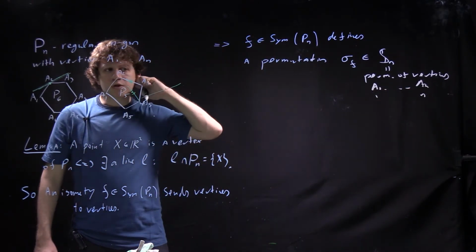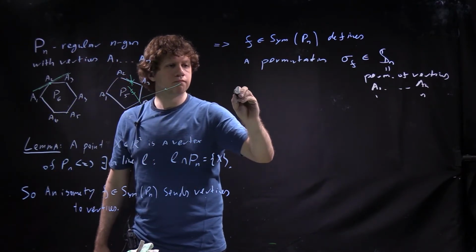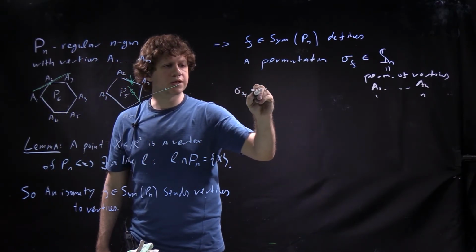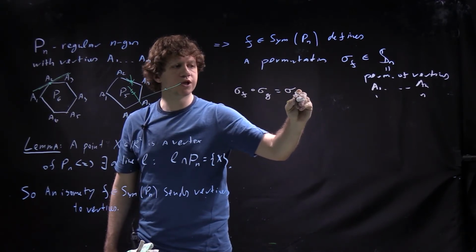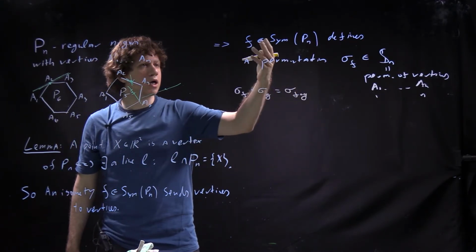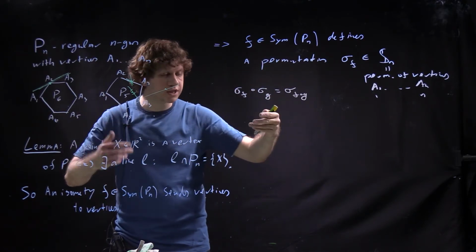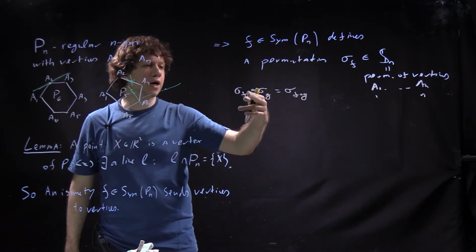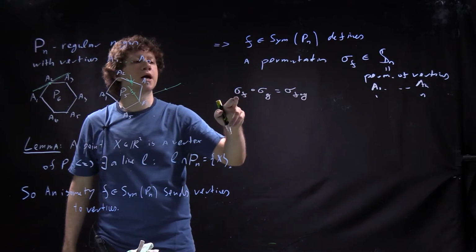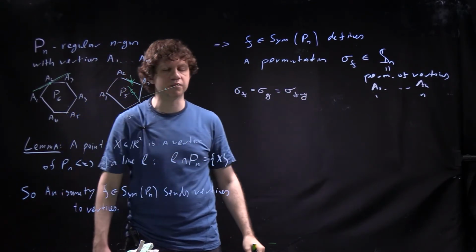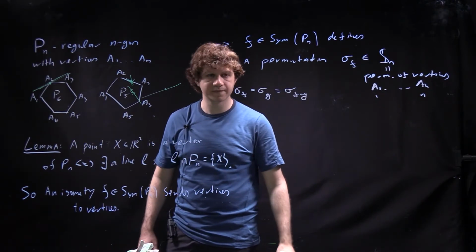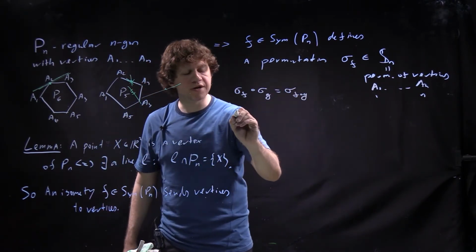Okay, so sigma F composed with sigma G is equal to sigma of F composed with G, just because we do two isometries one after the other, and then we look at how the first one permutes the vertices and how the second one does. Of course, the composition is exactly how the composition permutes the vertices. That's completely obvious. So we get a homomorphism